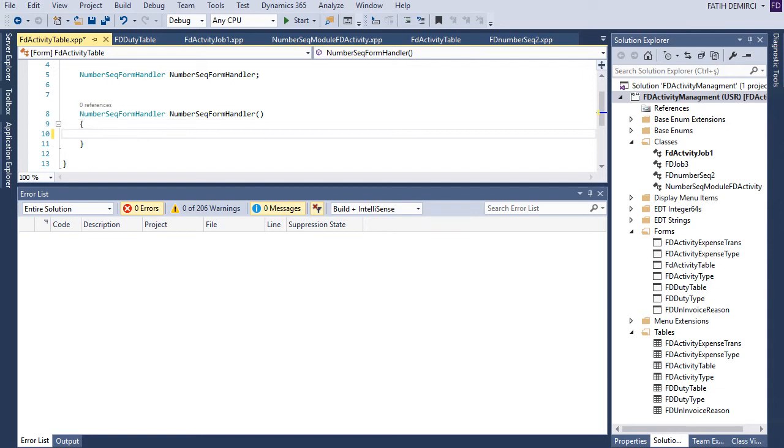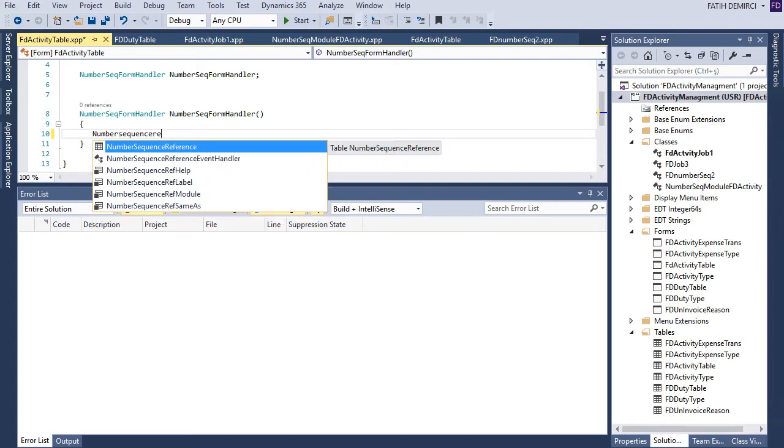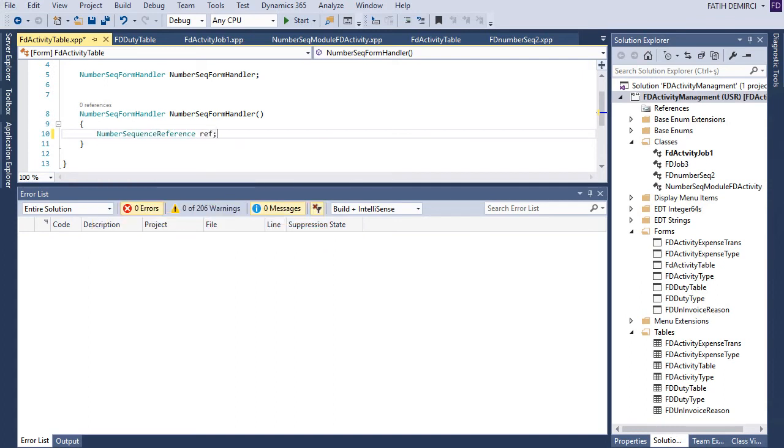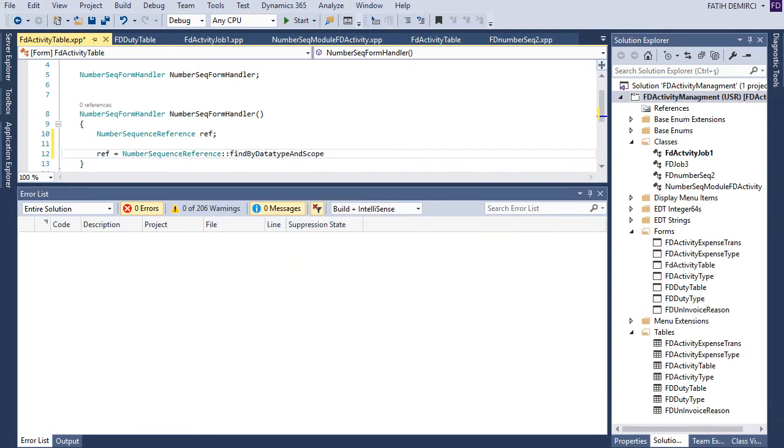I cleared the code because first of all we need to find the activity ID reference. So let's get a sequence reference. Yes, that's called ref. And for ref, we need to find our example data type reference, find data type and scope,